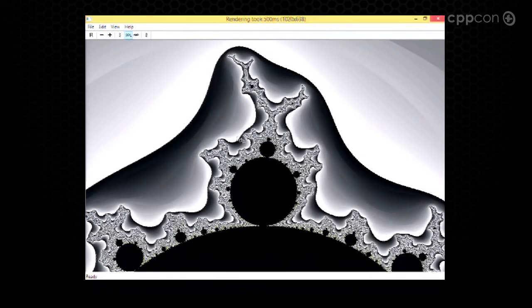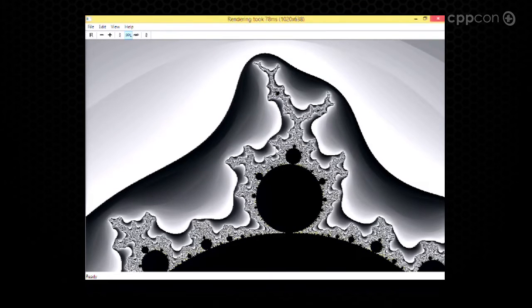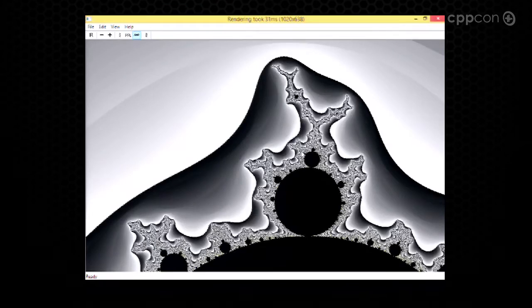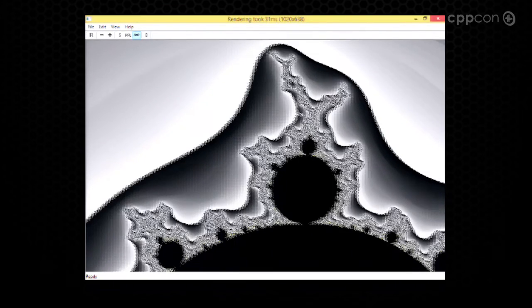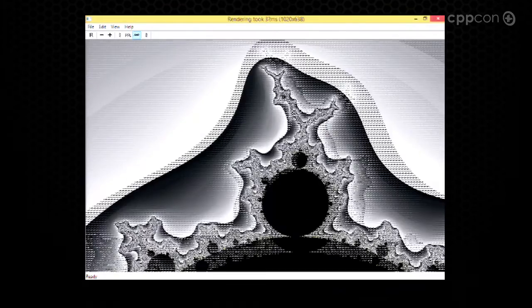If I switch to PPL, that's already much more interactive, and I'm getting like 78 milliseconds for each frame. Probably not going to get too much performance. Yeah, still half. But that's because the resolution of the projector is pretty low. If you render it on a much higher resolution, then the difference between the single-threaded, the PPL version, and the C++ AMP version is much more pronounced. But yeah, now it's perfectly